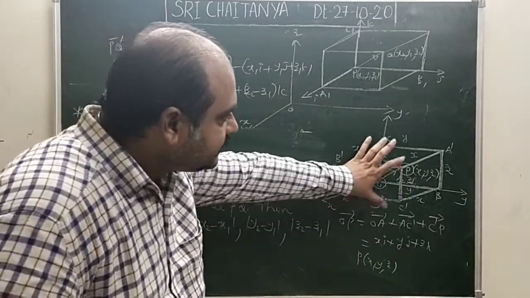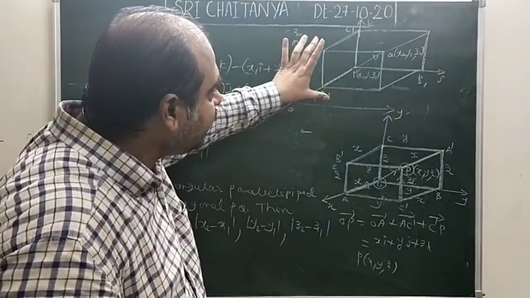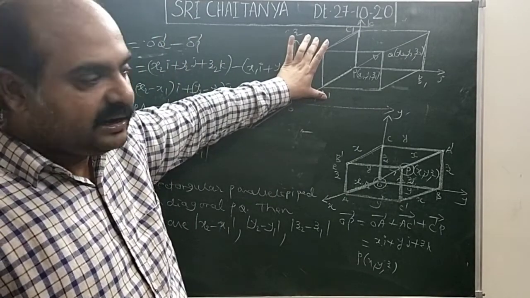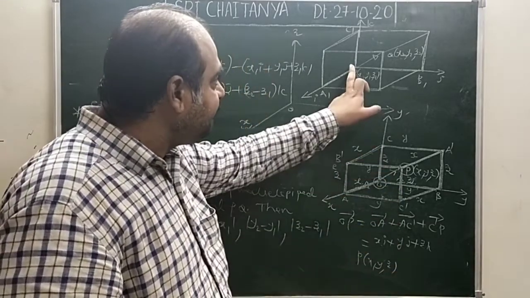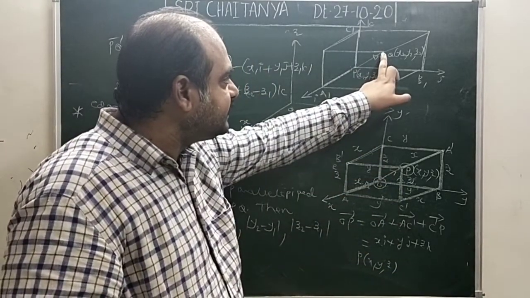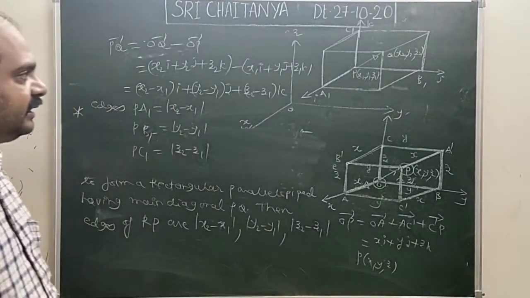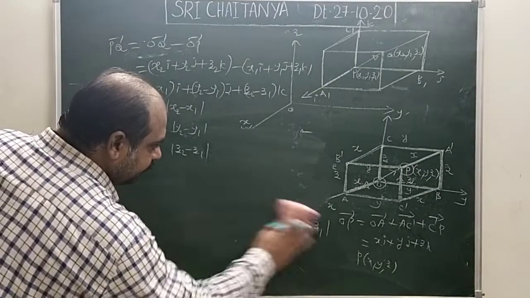Just look, this is your room now. This is a parallel room. Inside the room, if one room is there, that is this. For this, the edges are: if OP is given, X, Y, Z are the edges. If PQ is given, what are the edges? Modulus of X2 minus X1, Y2 minus Y1, Z2 minus Z1. Very important. Look at one problem.